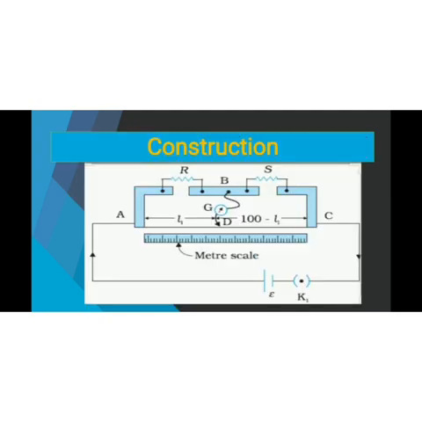Let's discuss the construction of meter bridge. See the diagram. There are two L-shaped thick copper strips. Between these two copper strips, another copper strip is fixed. An unknown resistor is connected between an L strip and an I strip. Similarly, the resistance box R is connected between another L strip and I strip. S is the unknown resistance which we are to calculate. R is the known resistance which we will select from the resistance box.